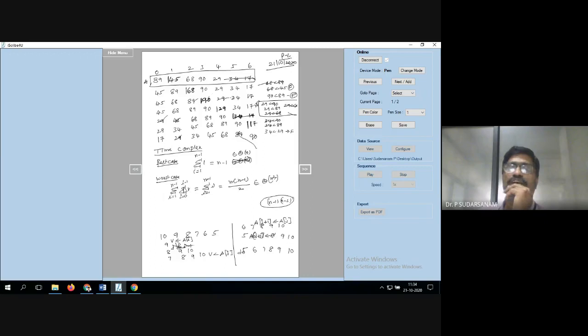Already I told you, when you have two loops, multiply them. In the examination also you can write it in a similar fashion. In the first unit, if they ask you to write it, there you have to write all the steps: substitute upper bound minus lower bound, then simplify it. In the first unit, if they ask you to give the time complexities of the algorithm, there you have to write best case, worst case, all these things. But from the second unit onwards, you are familiar with that, so directly you can write it.